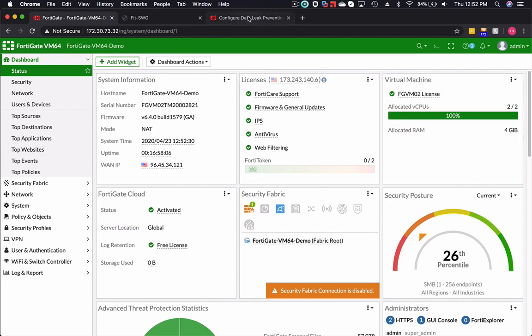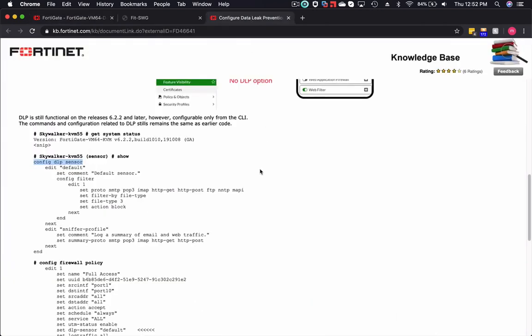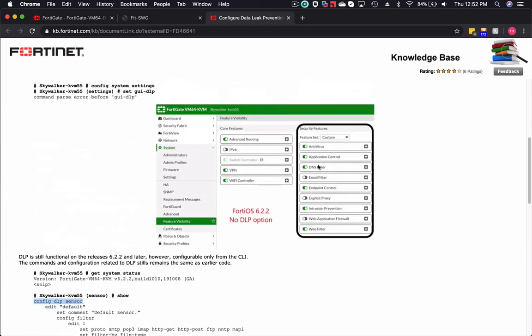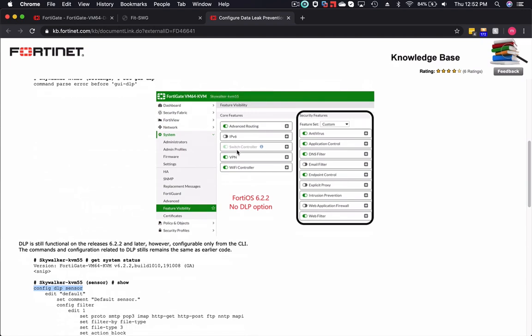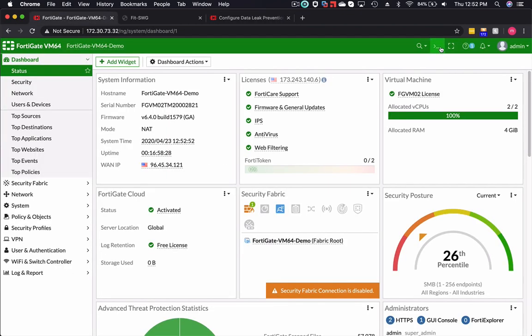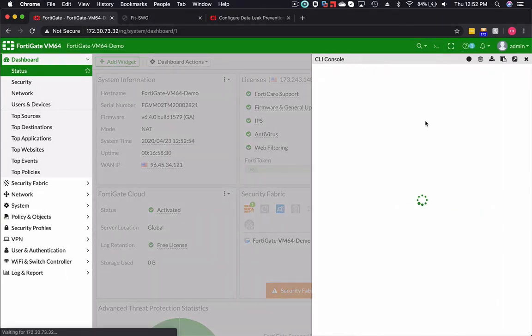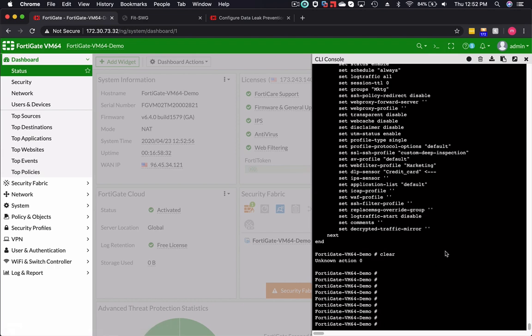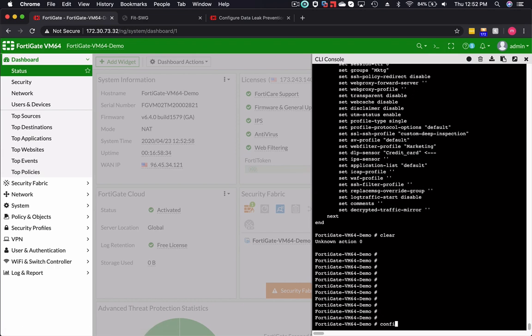As of 6.2.2 and later, the DLP feature on the GUI has been removed and is just enabled via CLI only. So you would have to go into the CLI in 6.4 and start configuring the DLP sensor. Since we're using 6.4, I wanted to show you the sensor I created here. If I go into config dlp sensor